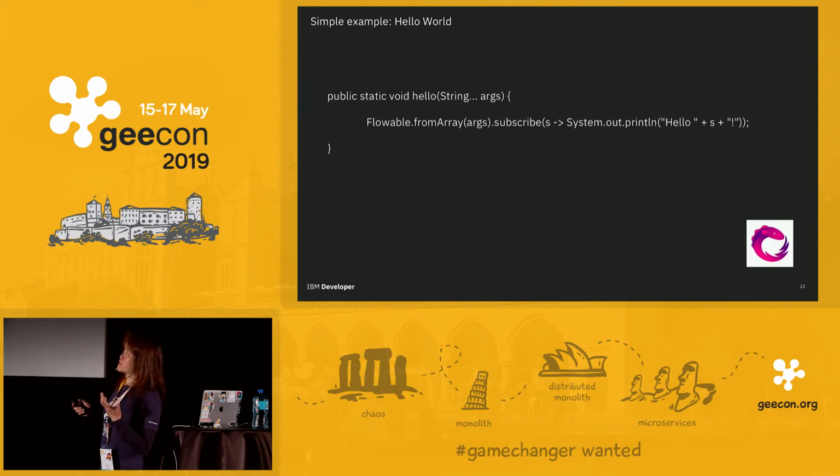The subscribe is the consumer of what's being processed. So it just does a System.out.println, printing hello world. Again, think of reactive programming as grouping your server and client call in the same statement, in some sense, because the producer is there, and your consumer immediately consumes it.